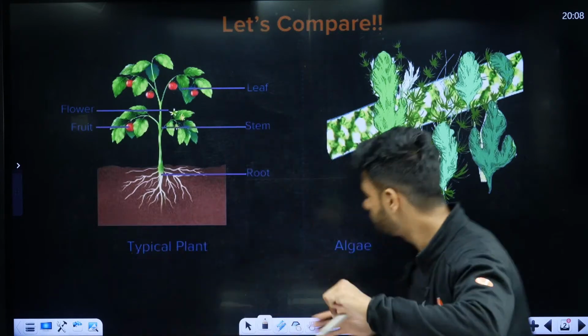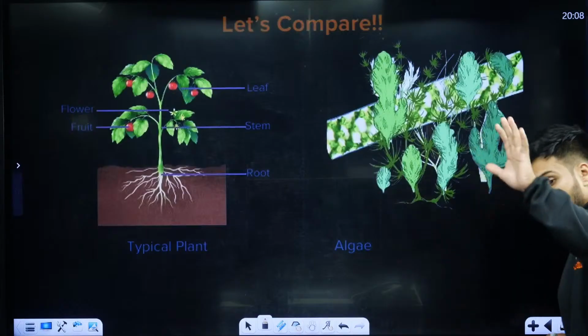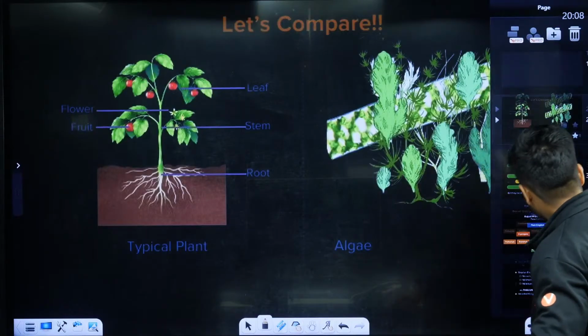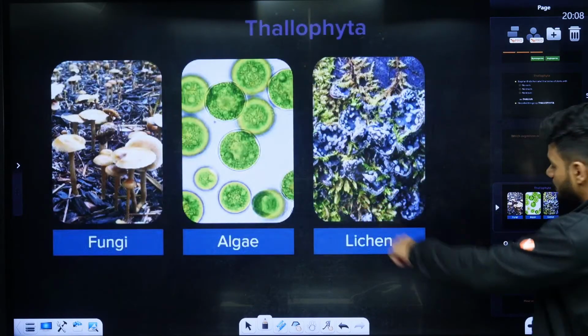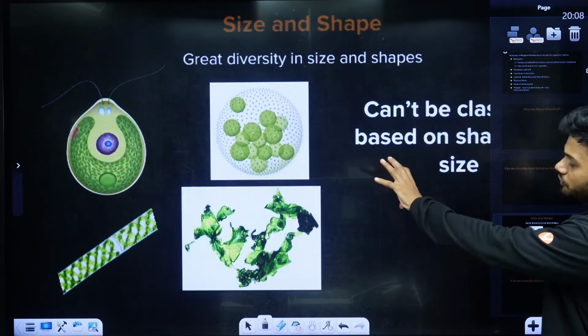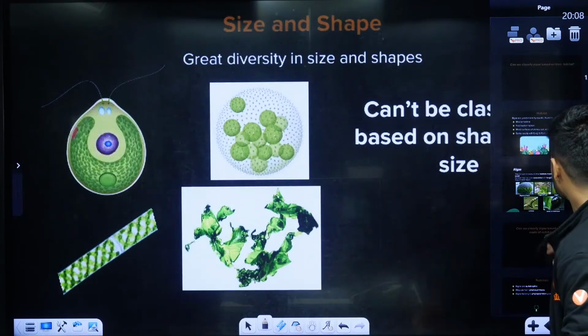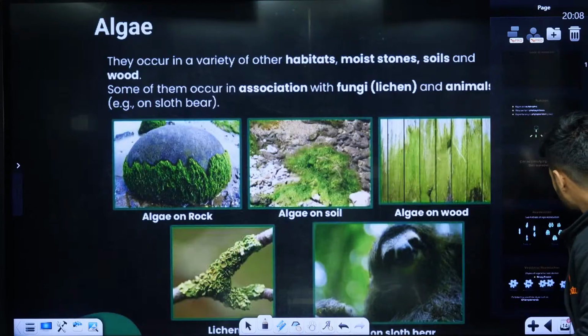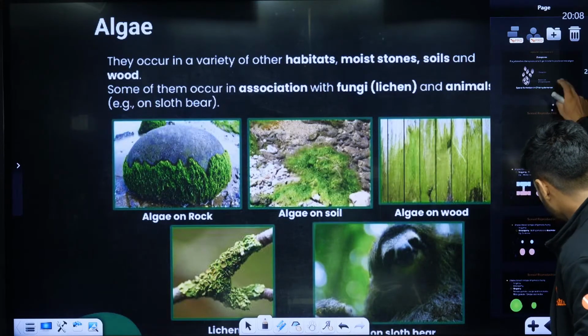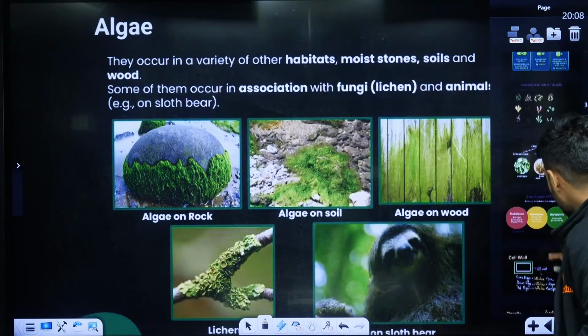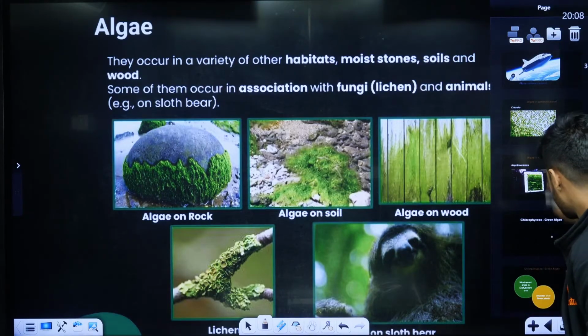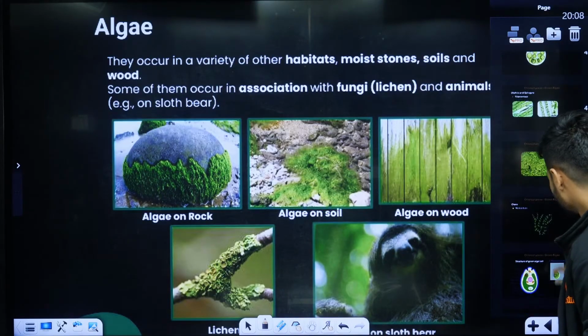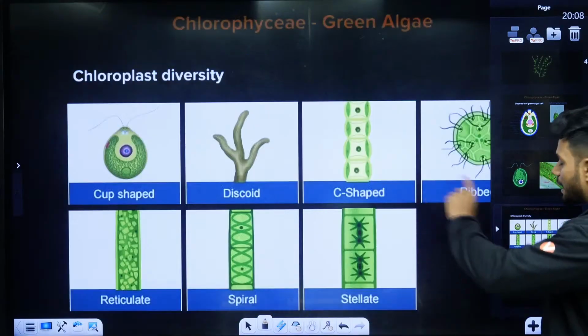Students, in this chapter, in this particular session, I will show you colored algae today. I will show you colored algae, and different shapes of algae to everyone. Look, students, algae. Now students, in this class, I will be showing you something, wait a minute, it will load. Students, I will be showing you different types of algae.